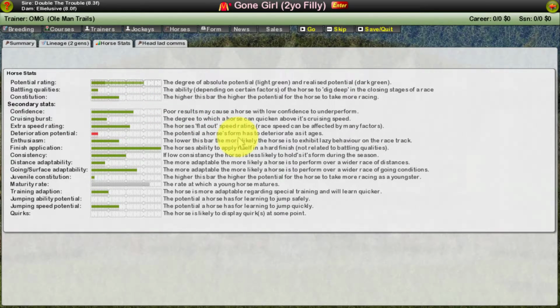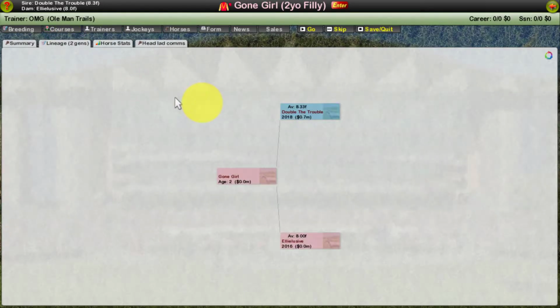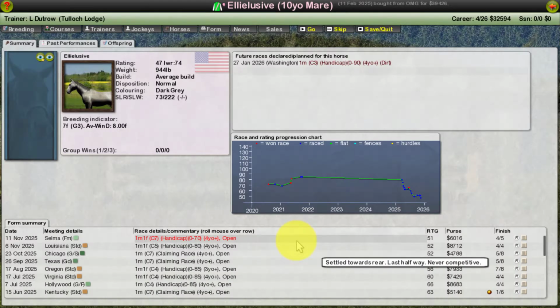So let's see how she does. I may race her sparingly this season, but we'll see how it goes. We'll play it by ear. Let's see who her parents are. Oh, this is another Double Trouble special. Double the Trouble. So they're sisters. These are two sisters here. Double the Trouble is also her father, and her mother in this case is